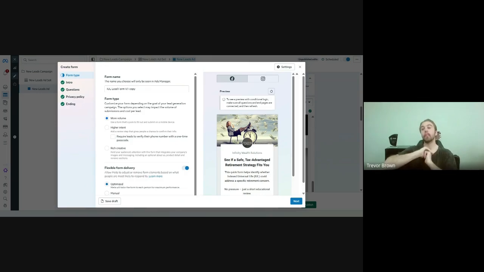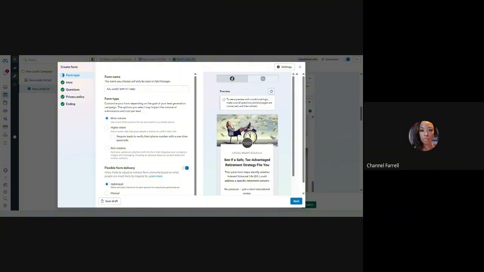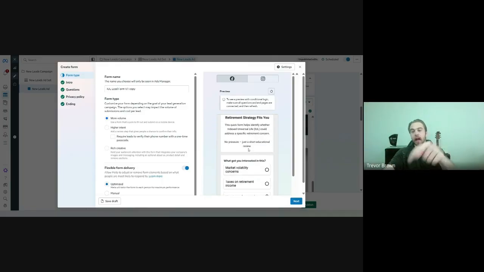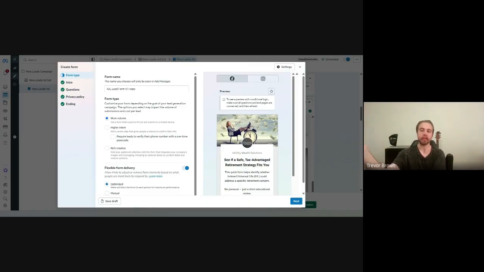So the platform already does that for you. It sends the ads to what it believes your ideal customer profile to be. You just have to make sure that your ads on the video side and this stuff right here have enough copy related to your customers, not necessarily the product that you sell, though the product is a close second. So if we only want our ideal customer profile, or ICP, to opt in, what we would do instead is go for higher intent in the case of Facebook lead forms.